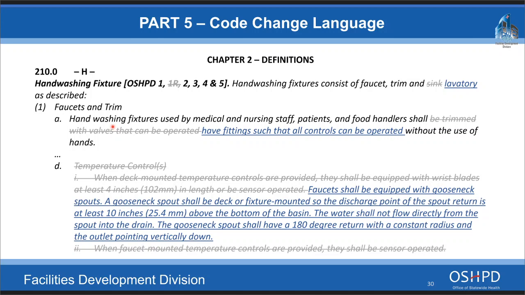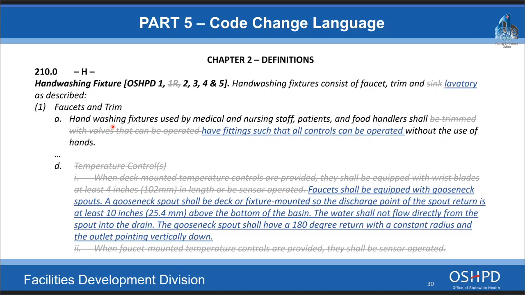Okay, there it is. The infamous hand washing fixture section. This is in definitions in chapter 2. And this is really interesting. There are certain things we want to make very clear with hand wash fixtures. As mechanical engineers working at OSHPD, in our mind they are not sinks or labs, but these words remain in the definitions due to the heavy architectural influence that we have with our fellow architects. So the change from sink to laboratory, just so you know, all the architects out there,